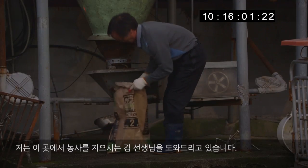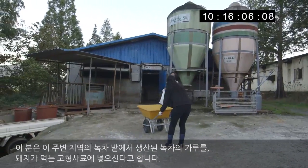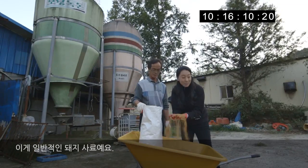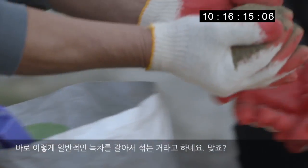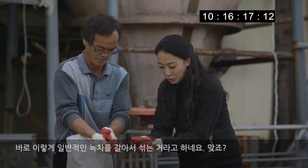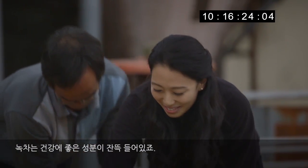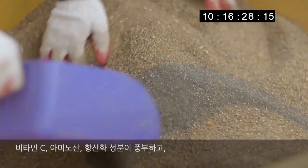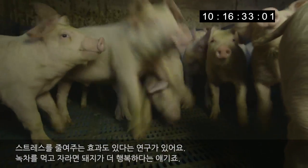I'm helping Mr. Kim, a local farmer who infuses his dry feed with green tea powder from a nearby plantation. So this is just regular pig feed. It's mixed grains, corn, but the magic ingredient is 녹차. This is the green tea, and this is just green tea that's been ground up, and you just mix it all in, right? And green tea is full of many medicinal properties. It has vitamin C, amino acids, antioxidants, and research shows that it even alleviates stress, which makes for a happier